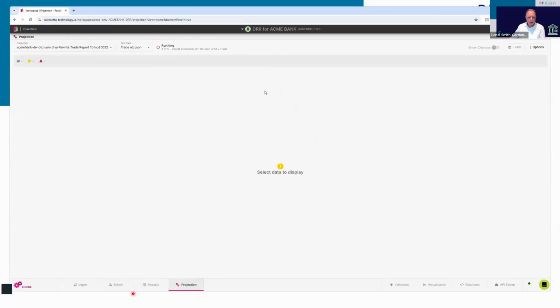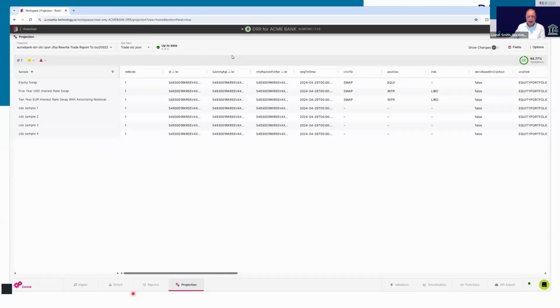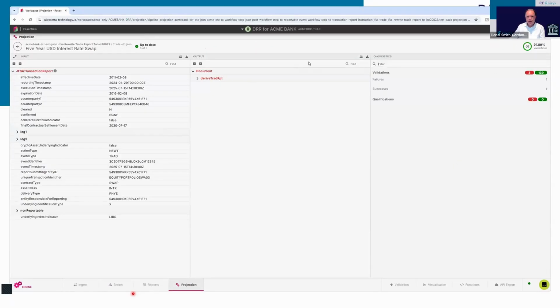I'm going to take you straight over to the Projection tab. I'm going to open up that same set of input data. I'm now running it not just into CDM, but from CDM all the way through to DRR, and going to open up that same input. And what we now see in the output here is the data that is now represented, ready for reporting to